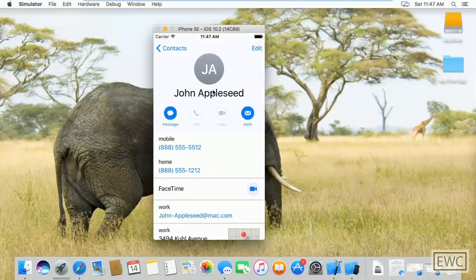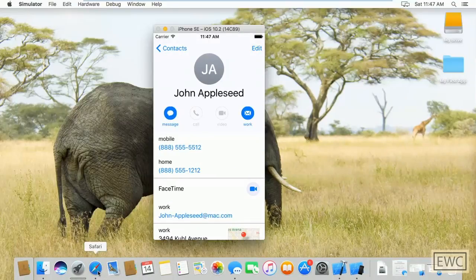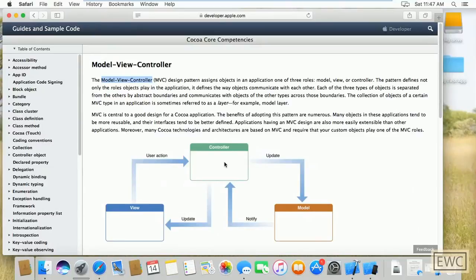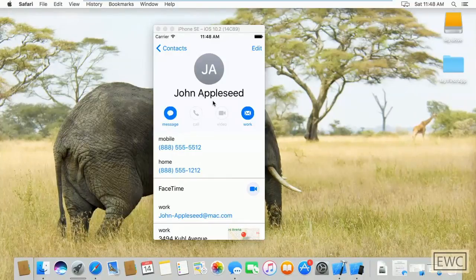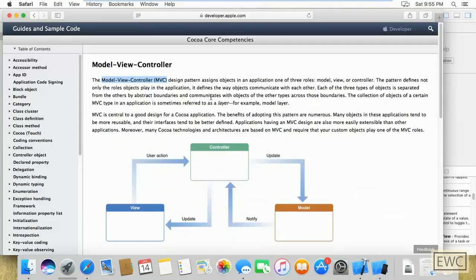So when I click a contact, what has happened is the view has notified the controller that the contact was clicked. The controller went to the model and asked for more detailed information about that contact. The model gave the details to the controller, and the controller updated the view accordingly to show us more details about that contact. Now, after knowing what model view controller is, let's jump right into Xcode and create